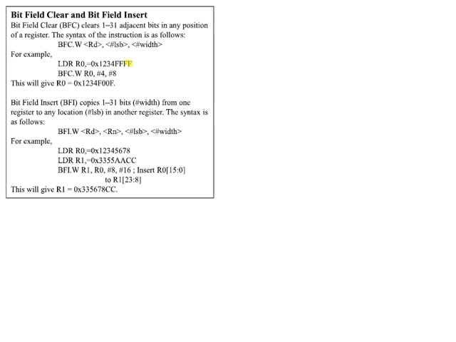See, what is the value of R0 here? 1 2 3 4 FF FF. Okay, so what I am using is bitfield clear dot w R0. So how many positions? 4, and one more value, width is 8. Okay, so here in this case, if you consider the value we have in R0, R0 is presently having 1 2 3 4 FF FF.